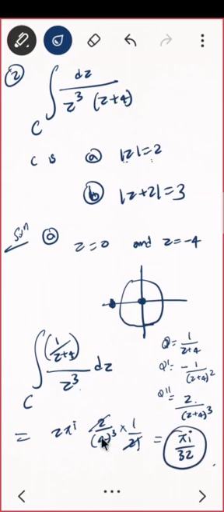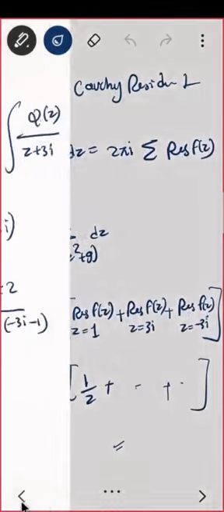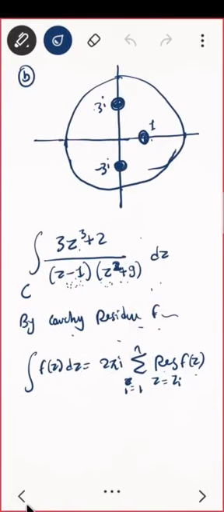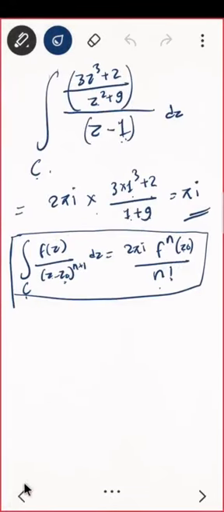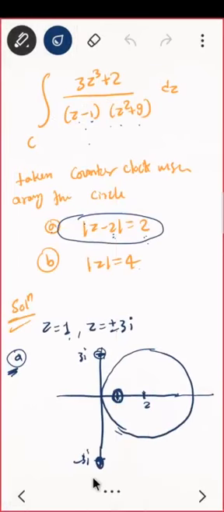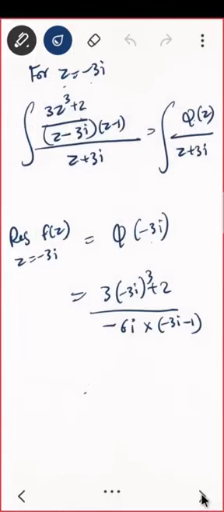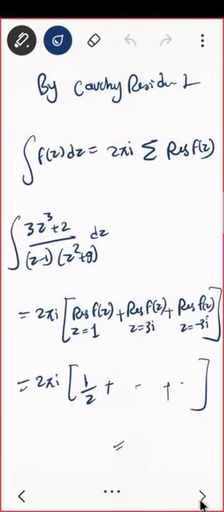Is that clear to you? I am using this formula. I hope you understand. I was dealing with only one singularity, so I can use my Cauchy integral formula. Where did I write it? Here it is. You see, f of z upon z minus z naught raised to n plus 1 can be written as 2 pi. The answer will be 2 pi f nth derivative upon n factorial. This is what I did there. Okay. So this is done for the first one.